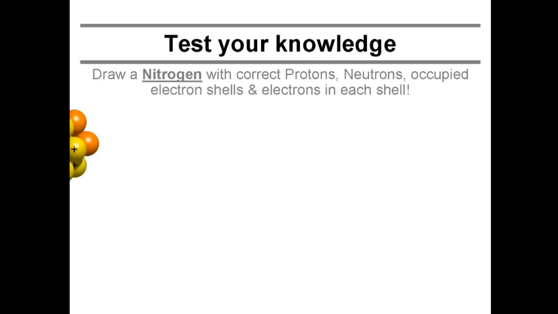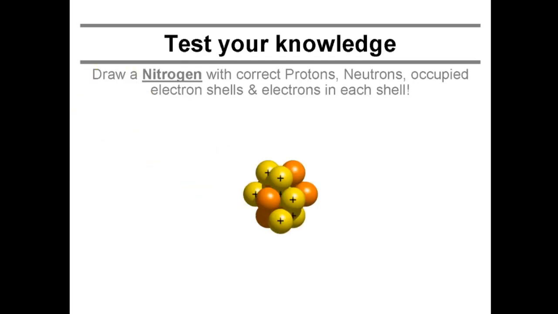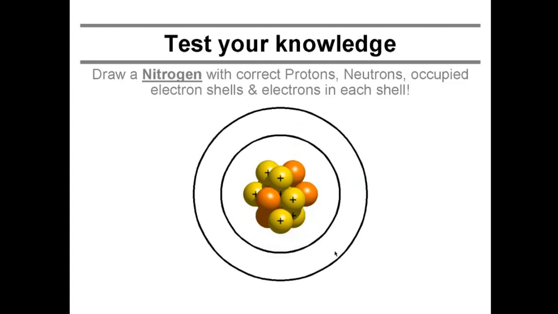Okay, here we go. So here's my little nucleus bouncing in. Looks like I have 1, 2, 3, 4, 5, 6, 7 of these protons hovering around there, and my neutrons. I got 2 electron shells. It's in the second period. And I know there are 2 electrons in the first shell, and all the other ones that are left, 1, 2, 3, 4, 5, go then in the remainder of the shell. And there is my complete model